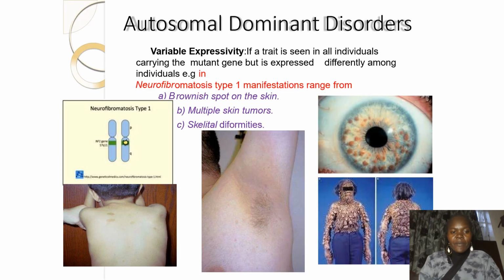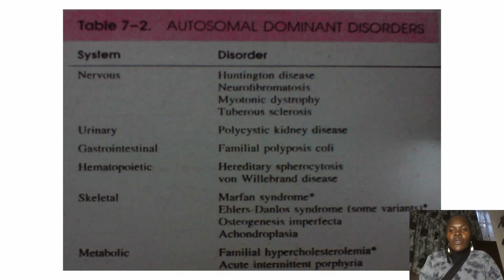An example is neurofibromatosis, one of the autosomal dominant disorders. There is variability in the expressivity of those autosomal dominant disorders. They express their symptoms in different degrees for different individuals. So the expressivity of the disease varies. This table shows examples of autosomal dominant disorders. Remember, the allele for the disease is dominant. So we have